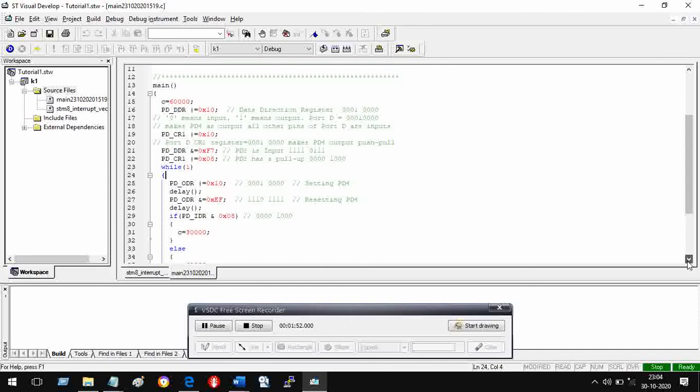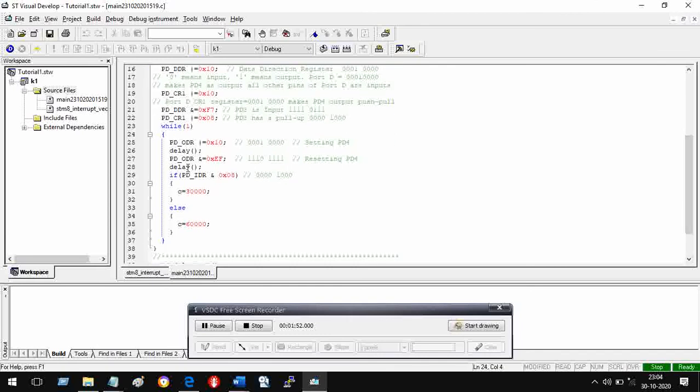What we had done in the program is, after giving one flashing, we go here and look for PD IDR, and bit is 3, 0, 1, 2 and 3, PD3. So we look at this. If it is pressed, what should I do? If it is not pressed, what should I do? And I go on doing it, and it is just once in a while that somebody is going to press that particular key. But you have to keep looking at it continuously. This is wasteful of time.